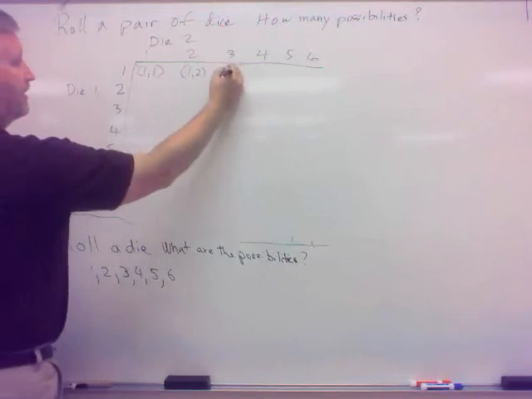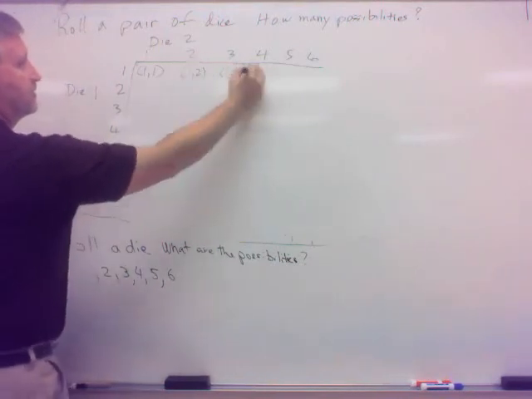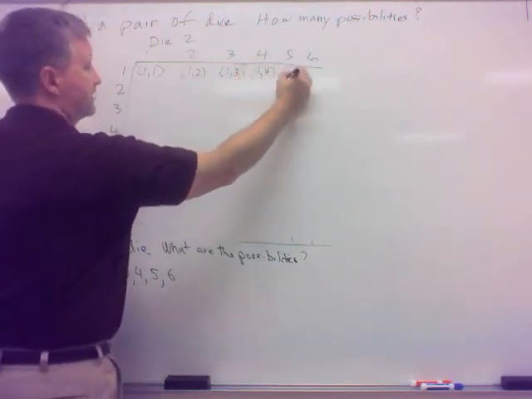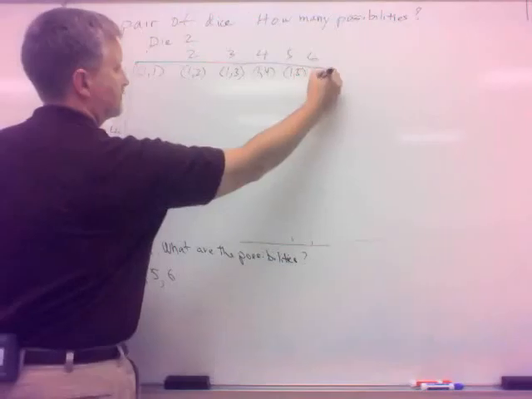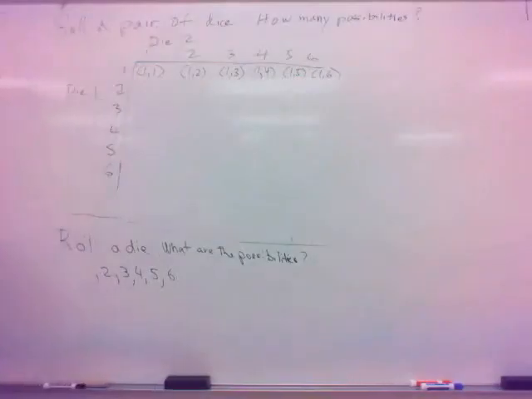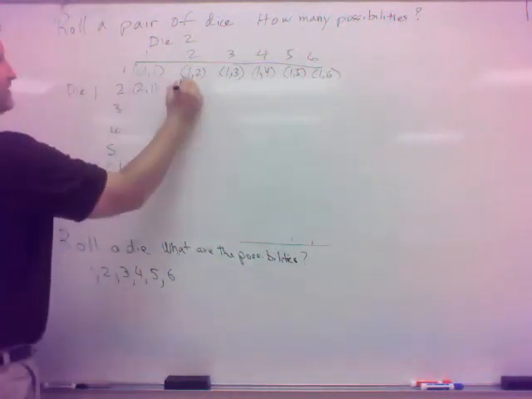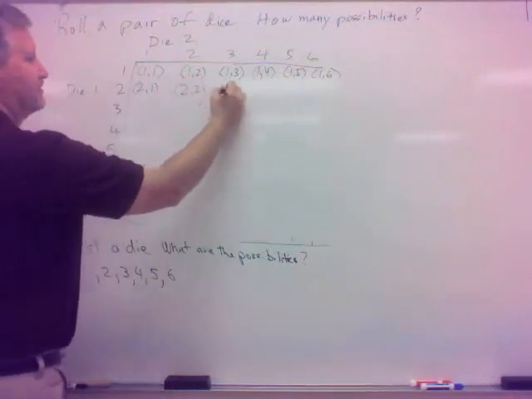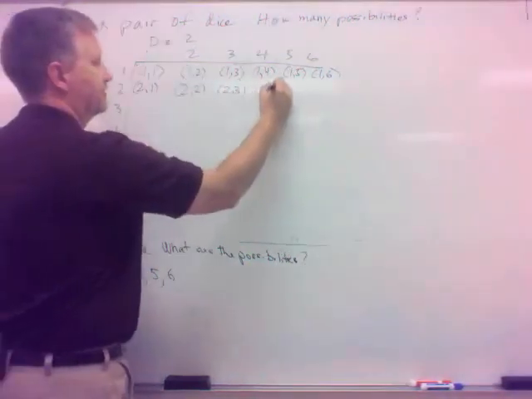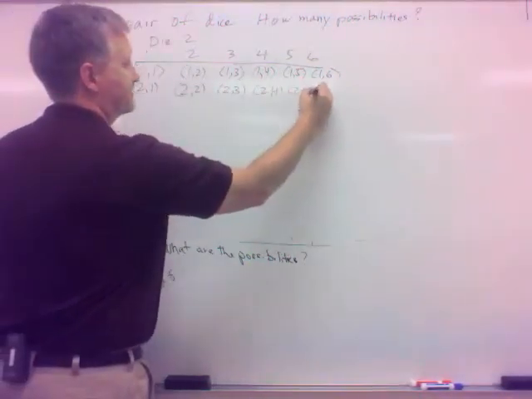I'm going to have 1 on die 1 and 3 on die 2. 1, 4, 1, 5, 1, 6. For the first line. Then the second line would be 2 on the first die, and then 1, and then 2, 2, 3, 2, 4, 2, 5, 2, 6,